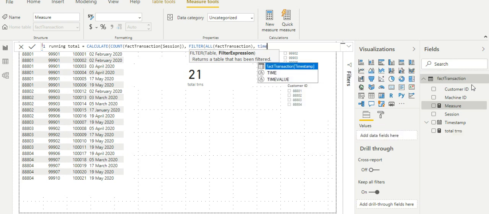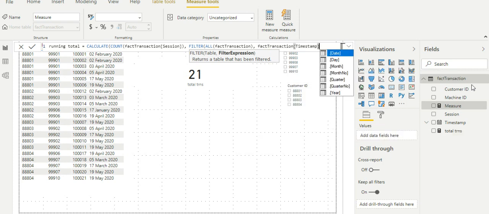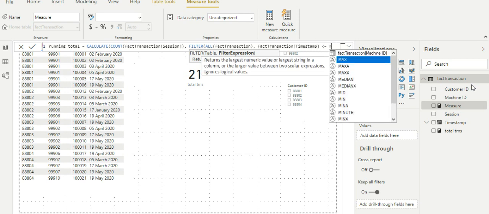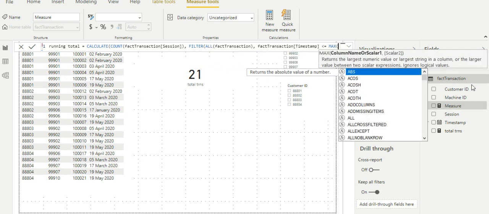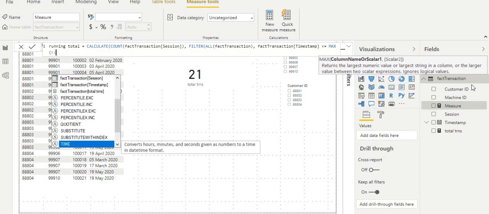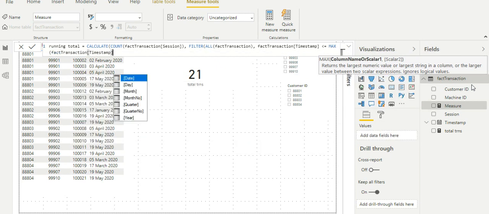Here again, I'm just calculating the count of sessions, but the only difference is to define for which timestamp it is going to perform. So as a starting point, what I'm saying is calculate the count of sessions in the data set, but make sure that your timestamp must be less than or equal to the maximum timestamp present in the data set.